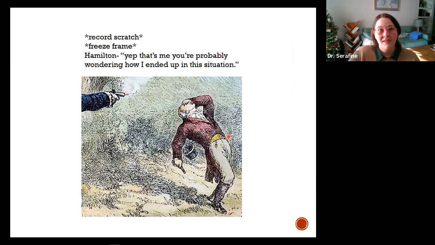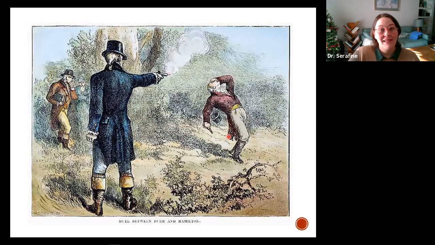Jefferson, Adams's vice president, is running against him. And he's running with Aaron Burr as his running mate. Remember, the runner-up gets to be vice president. How do you deal with this? How do you create a situation where you're going to have a president and a VP that actually can work together and actually like each other? Now, if you're a Hamilton fan, you might also be confused right now because you're going to say, wait a second, I thought the election of 1800 was between Jefferson and Burr. What are you talking about? It's really messy.